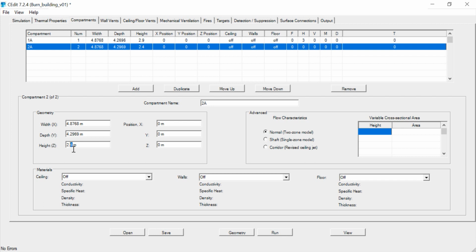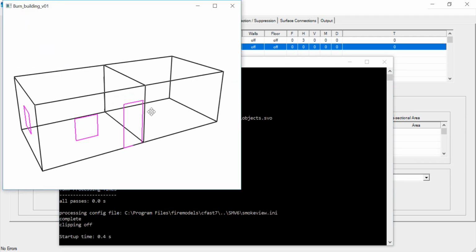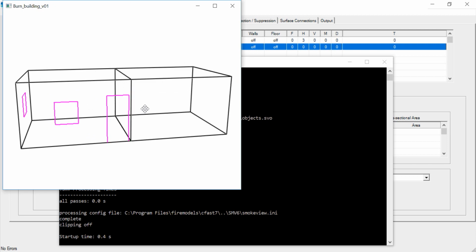Our height is going to be 2.9. Now the position is what's going to change here, right? Instead of being located at 0, 0, 0, now our location on the y-axis is 4.8768. And we can save, click geometry, click view, and we can see now we have 2 compartments and they are